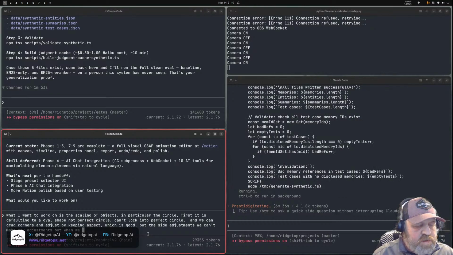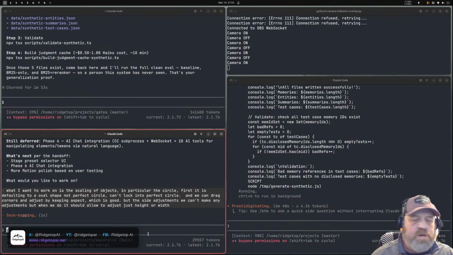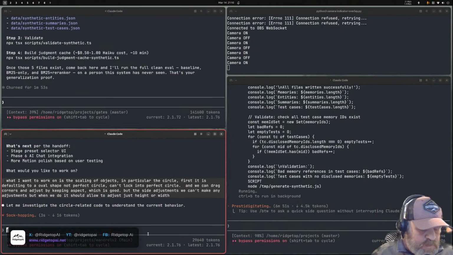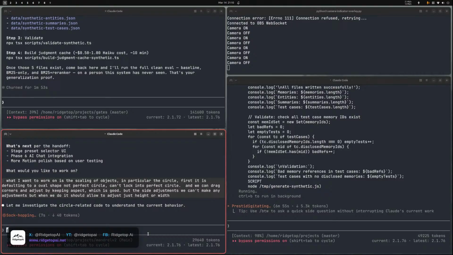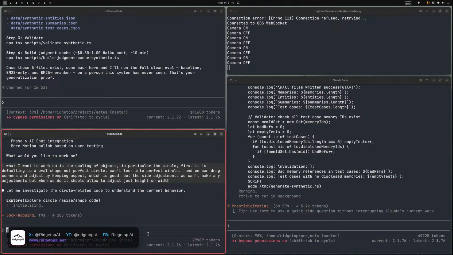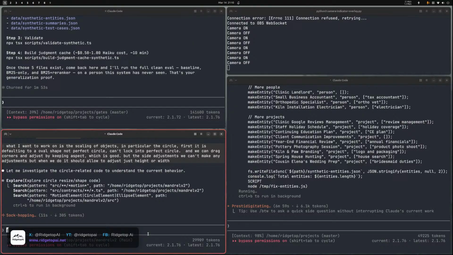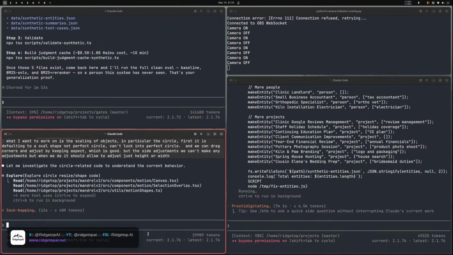And two, it should allow height or width. All right. So over here,